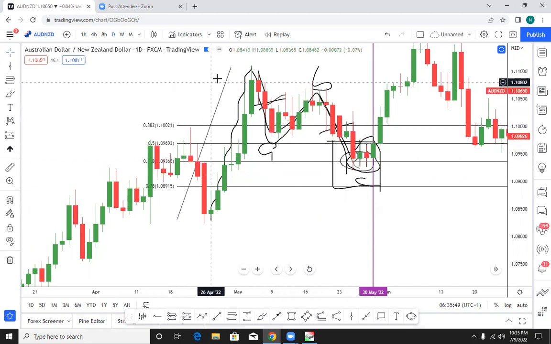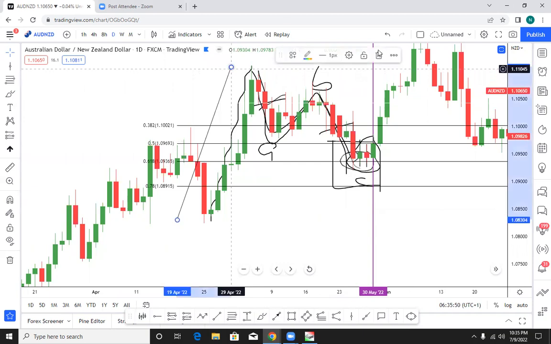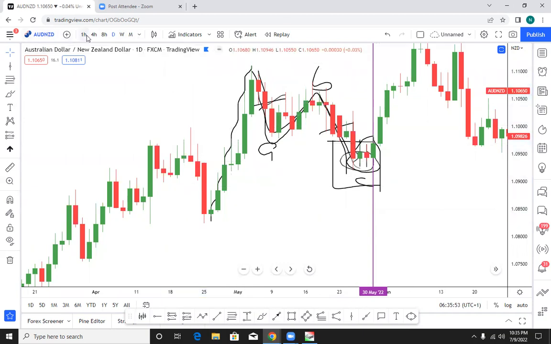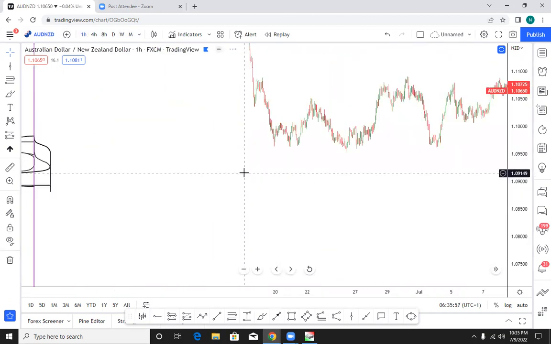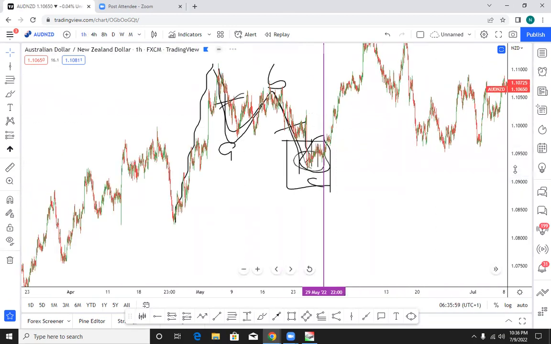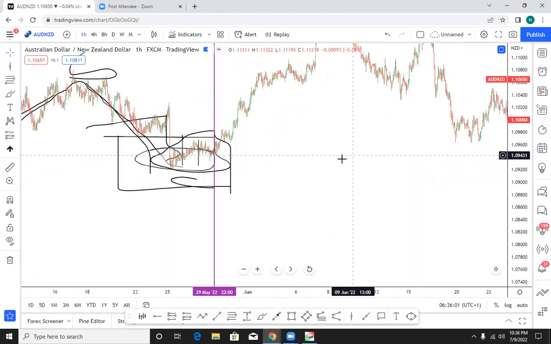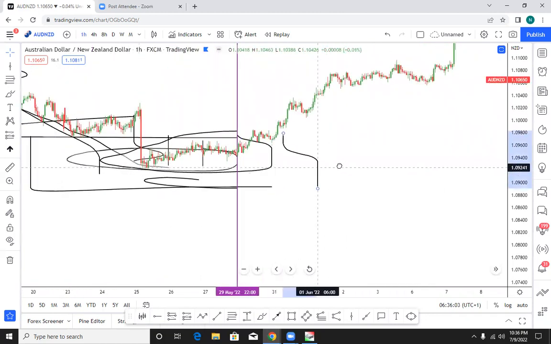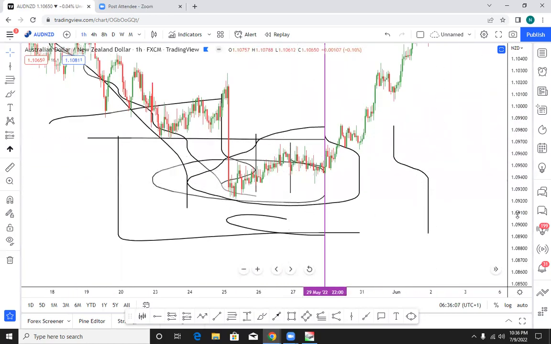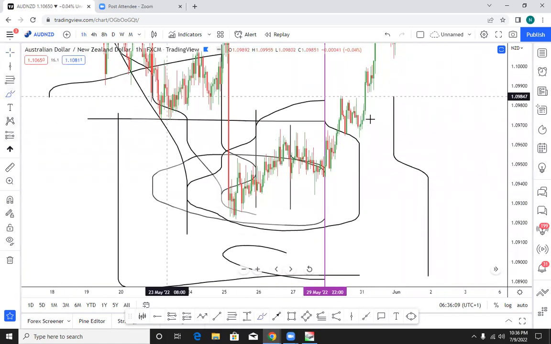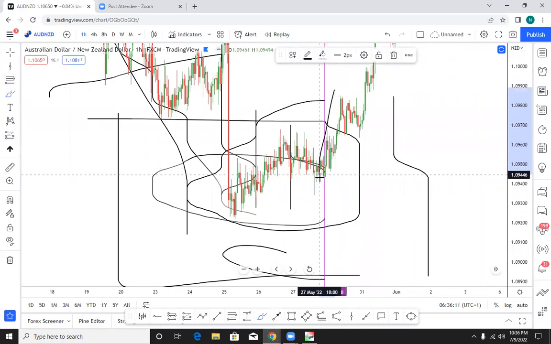Of course, you know my style, that after I have spotted it like this, all I do is just go to 1 hour. I want to get a clean entry. Remember, we must have an impulse. No matter how small, you must have an impulse as a result of the engulfing. And where is the impulse now, guys? Look at the impulse. Boom. Look at the impulse here.